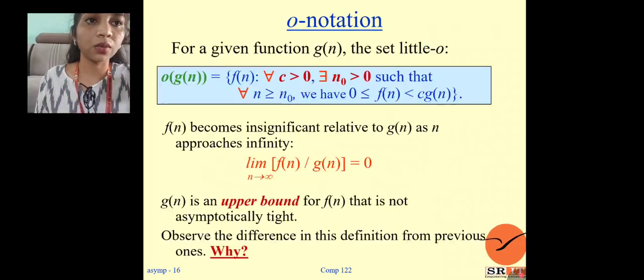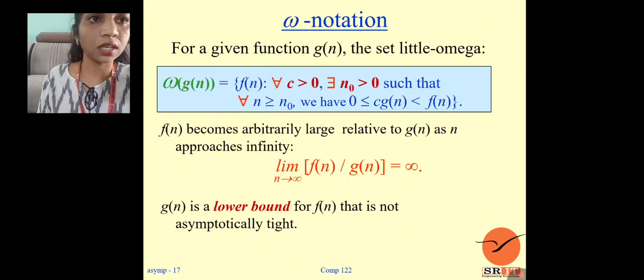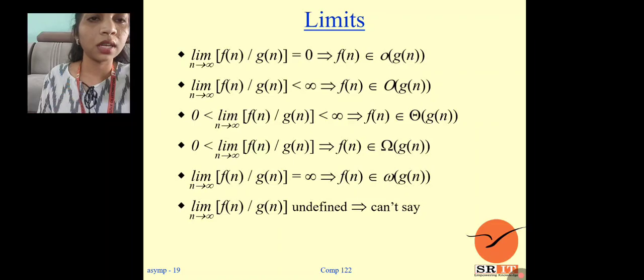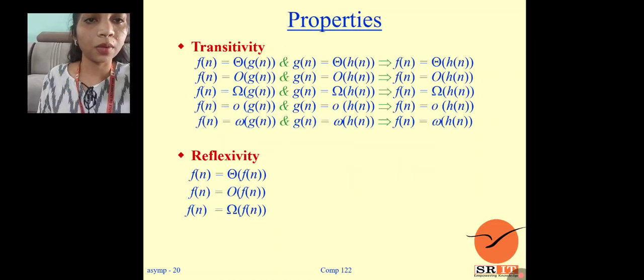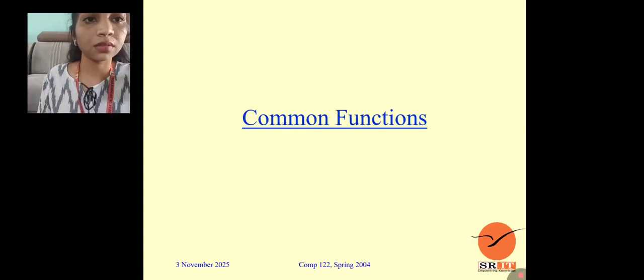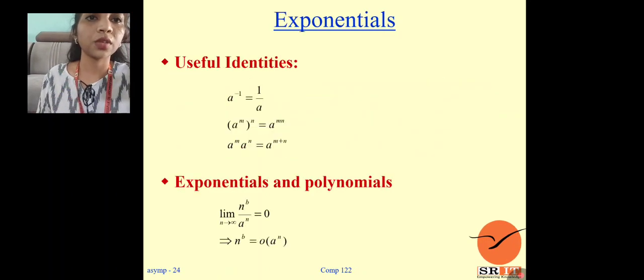Asymptotic notation in equations. O notation. For a given function g of n, the set little o. Next, for a given function g of n, the set little omega. Comparisons, limits, and properties: transitivity, reflexivity, symmetry and complexity. Common functions: monotonic, exponential,